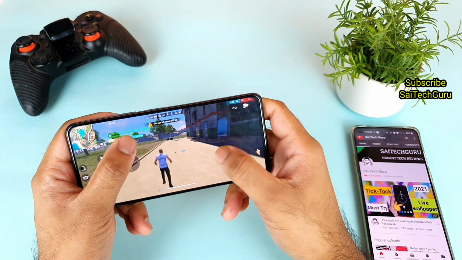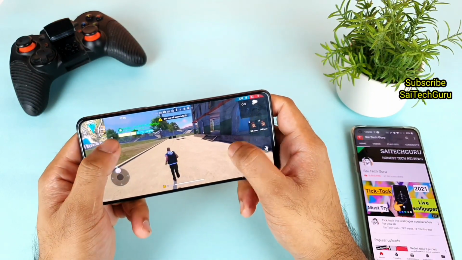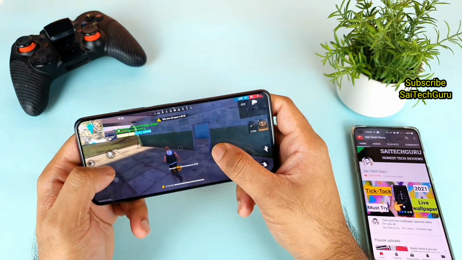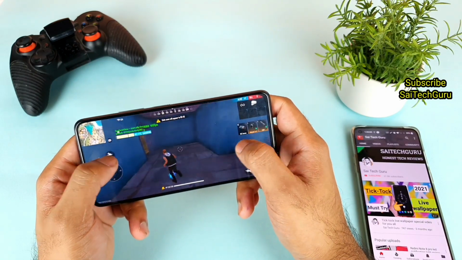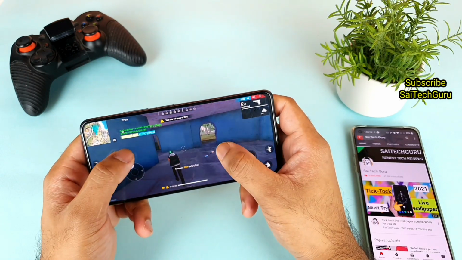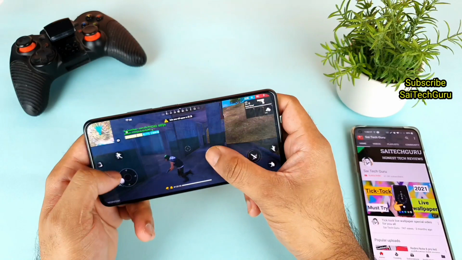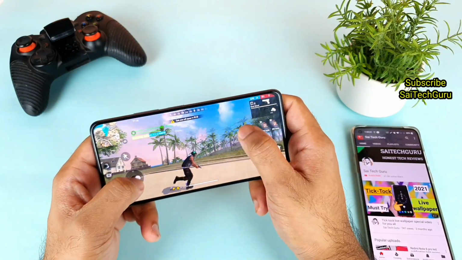Let's see, friends, whether I'll be able to face that kind of problem when I'm using the gun and the scope. In case you're facing any similar problem, make sure to comment below. From my side, I'll try to test other games on this phone as well. Right now only a few users requested PUBG and Free Fire, so that's why I thought of doing only PUBG and Free Fire at the moment.